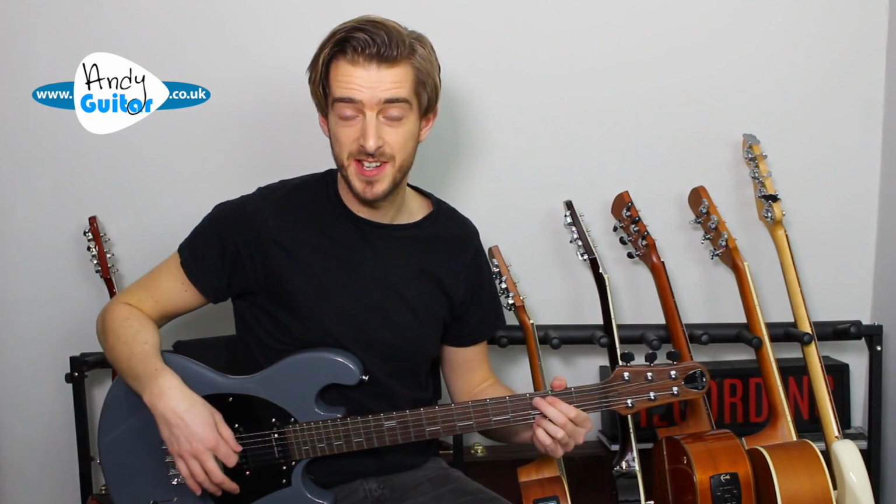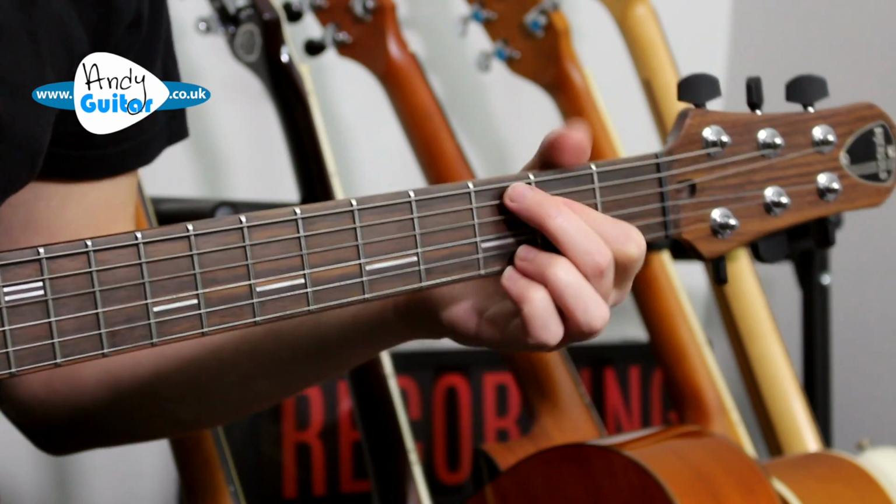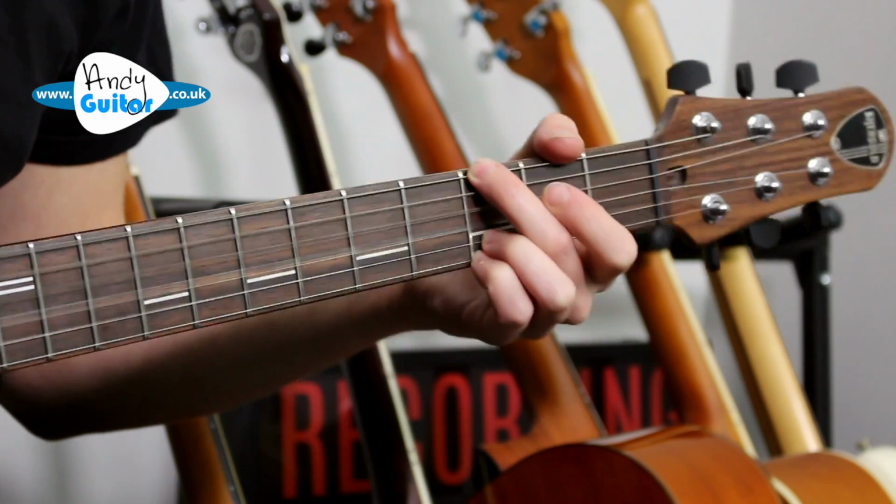And then it's exactly the same, but this time on the A chord when we play the second half of the riff. So from G,